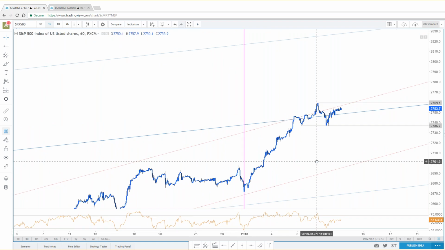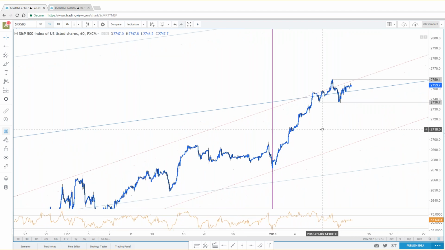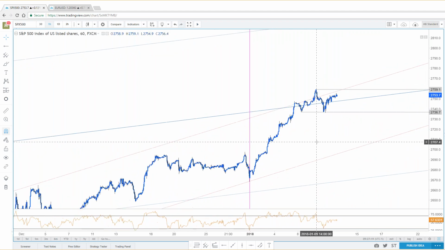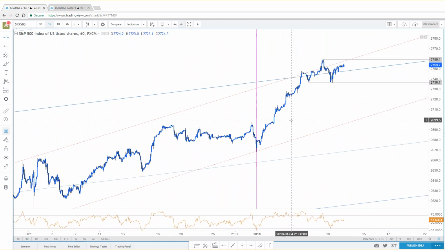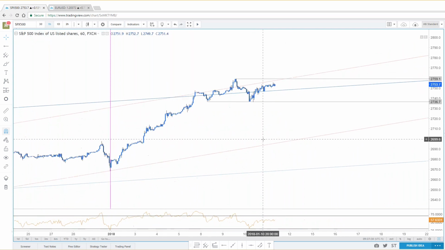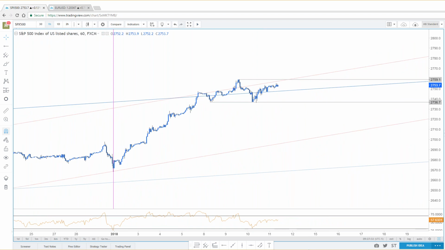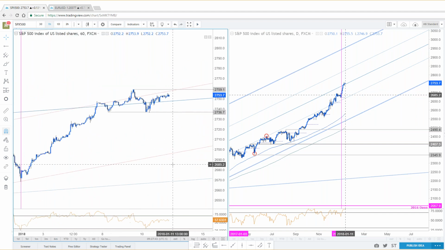Top side targets, man, it's tough. It's tough for me to give you anything with conviction that I would be comfortable you actually trading off of, Habib. But if you do see a top side pop, I would still think 2,800 is not outside the realm of possibility for a near-term advance here in the SPX. There's just not enough price action, not enough back and forth on this, Habib, to give you something that I'd be comfortable really putting my name behind. Sorry. Wish I had more confidence on this one for you.